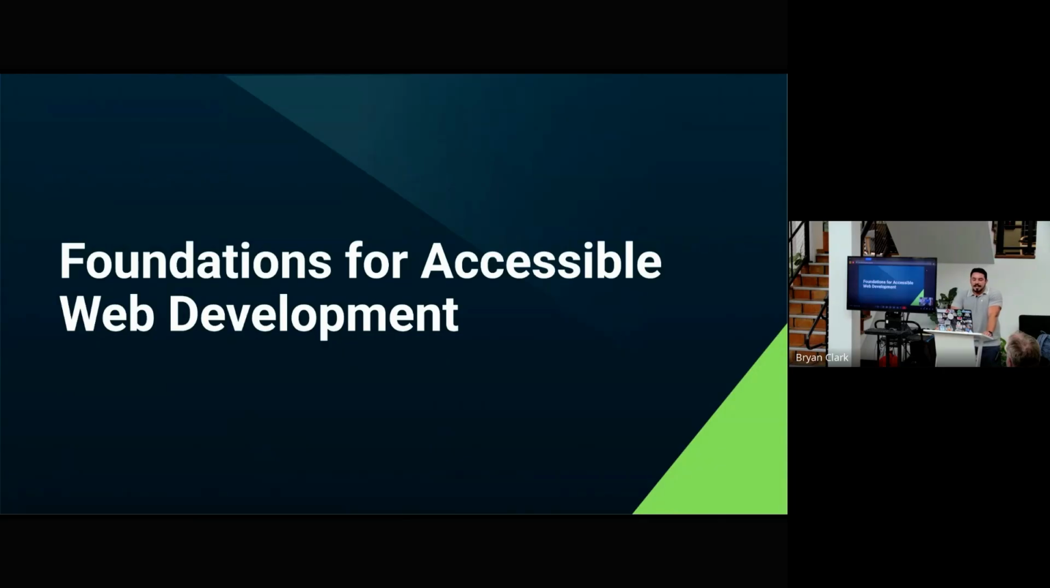Foundations for accessible web development. Now that we've talked about why accessibility matters, let's look at some of the core building blocks on how to make it happen on the web. What we'll consider are the foundations of accessible web development. Things that every developer on the front end should understand and apply, regardless of the framework or tech stack that